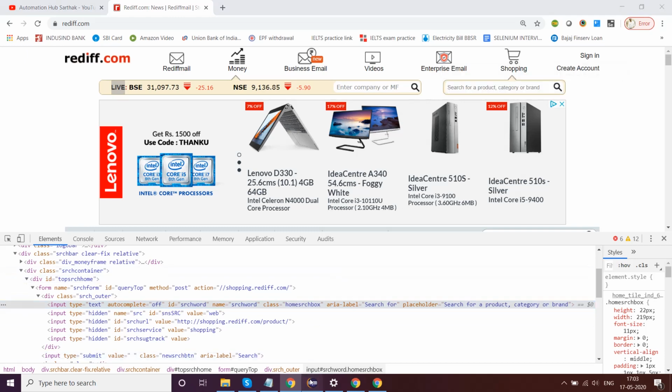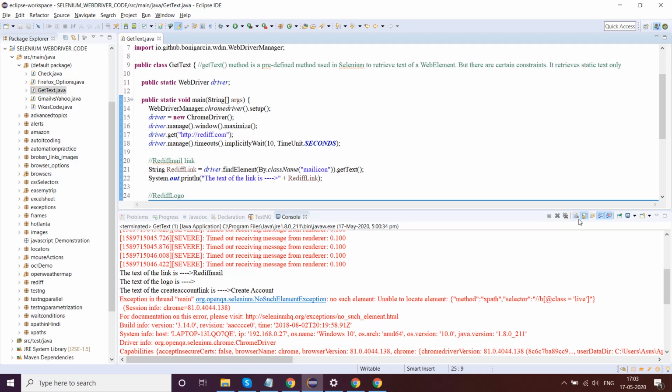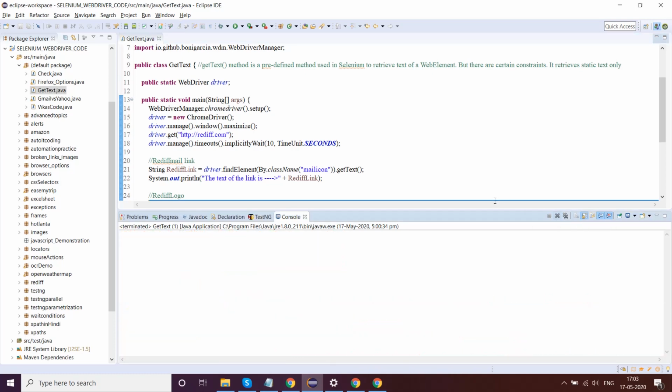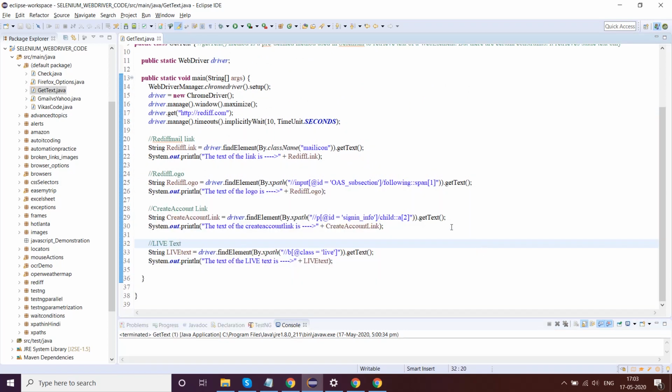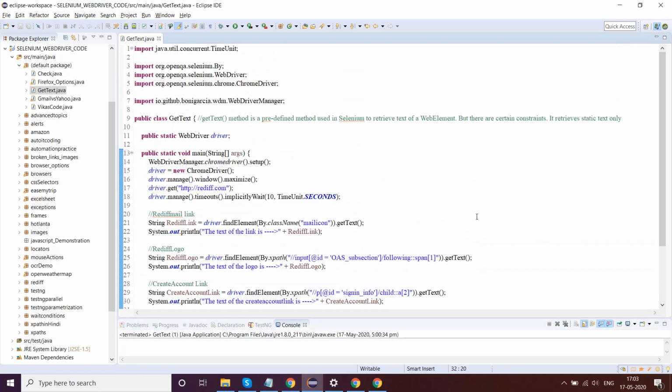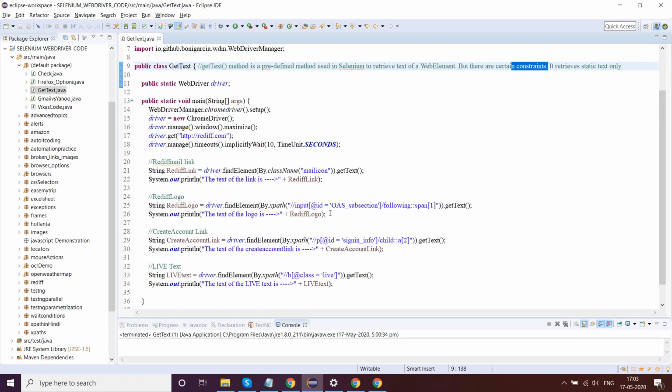This is where getText, even though it is quite powerful and it helps us retrieve certain things, somehow doesn't help us in retrieving all the text for all the web elements. So these constraints do come into picture. I just gave you an example of one of the constraints. So this rediff logo is an example where getText does not work.